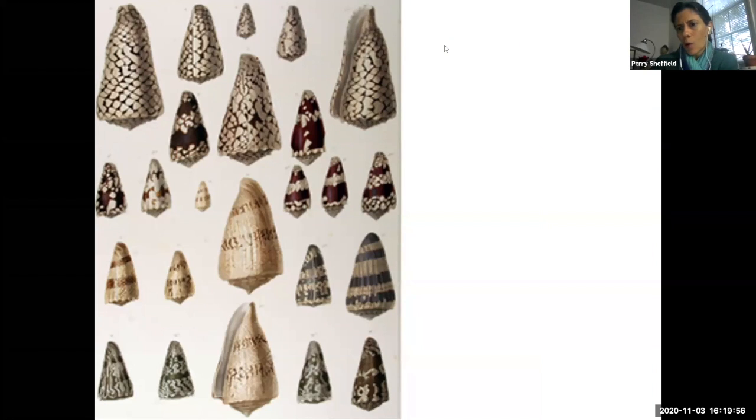And so we want to talk a little bit about why that matters, because there's still lots of things around. There's millions of species. And so why does it matter to human health specifically? Can we tell that story? So this example is taken from a beautiful book about biodiversity and health. And these little guys are called cone snails.